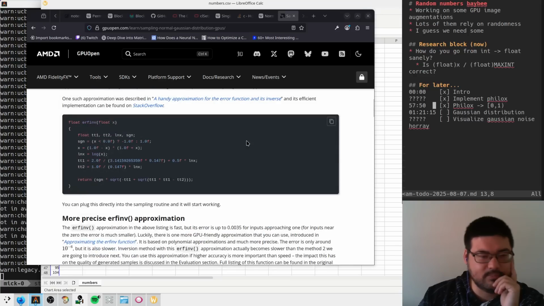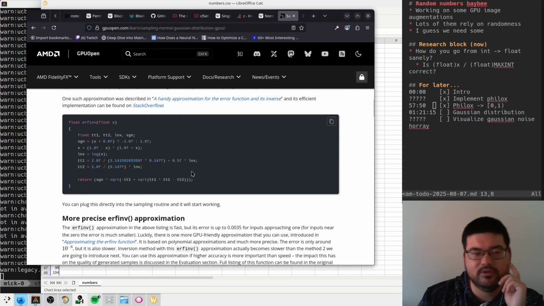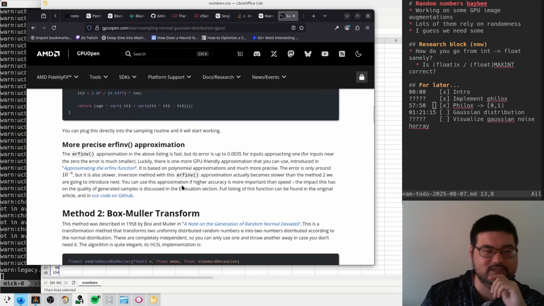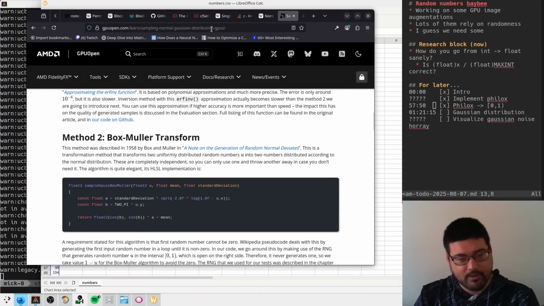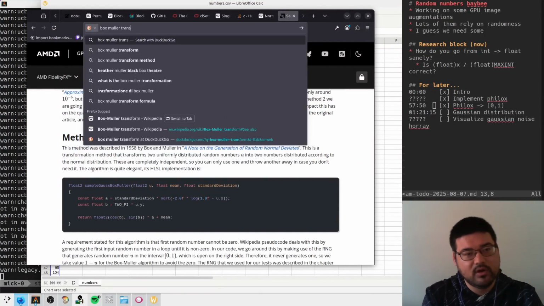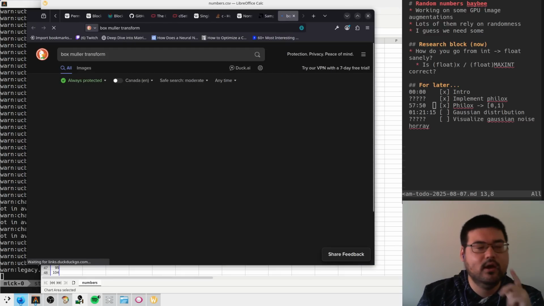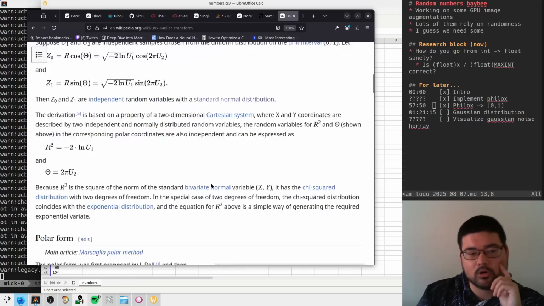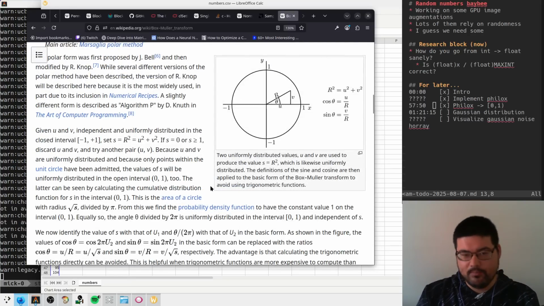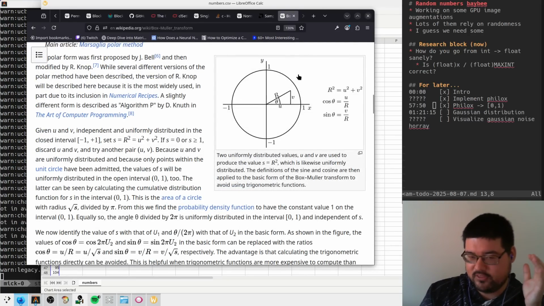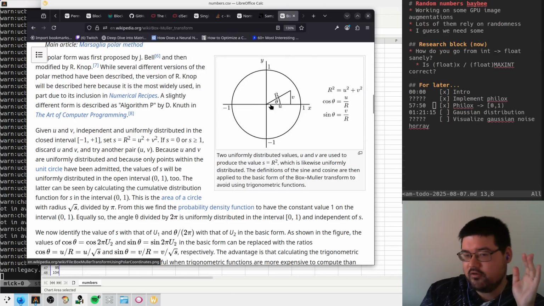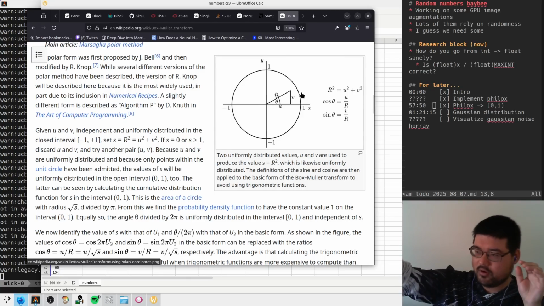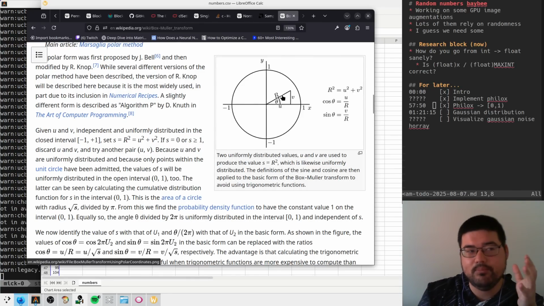He says we got some pretty good approximations, but I don't like the idea of using an approximation to do this thing, right? So the other version of this thing is called the Box-Muller transform. And this is exploiting something about polar coordinates. So if you imagine that you have two random numbers, like the angle of rotation in some unit circle and the distance that you have traveled from the center, where on this line you are, you're going to end up with